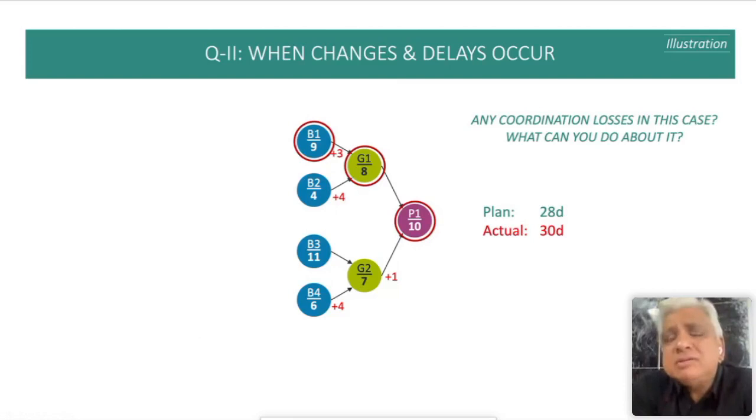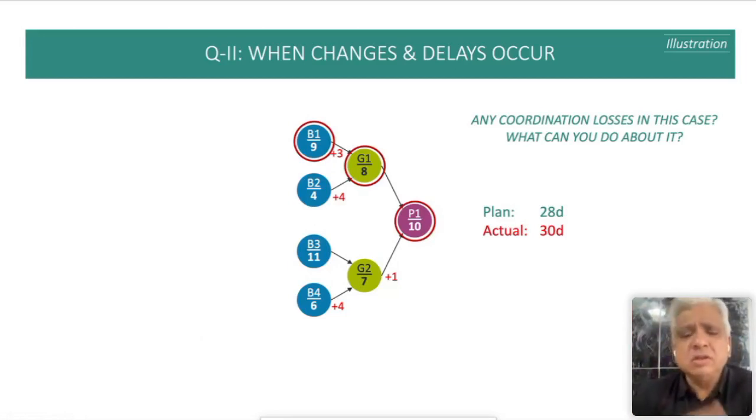What can you do about it? Your resources are available when you need them. So you really do not have to still coordinate anything. Yes, B1 gets delayed by 3 days, B2 gets delayed by 4 days, but the green resource will be available when the work arrives. So you don't have to worry about coordination. But I think we spend too much time worrying about the delays and changes, whereas the real problem is in